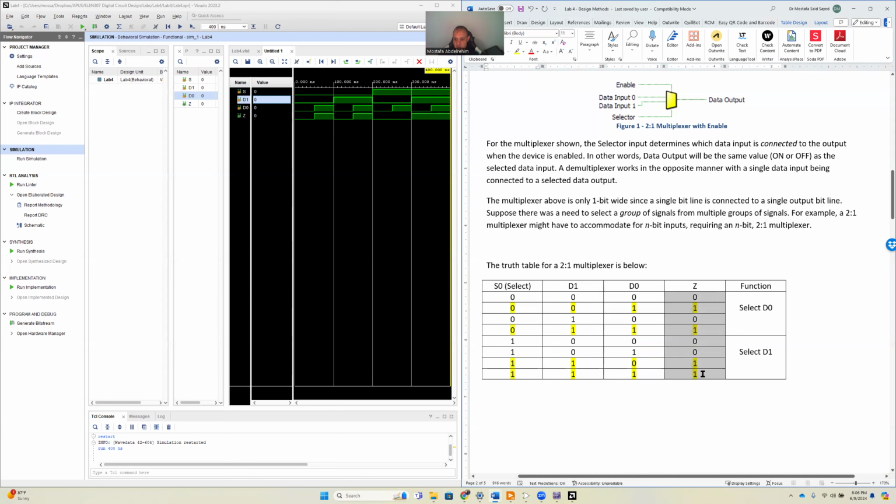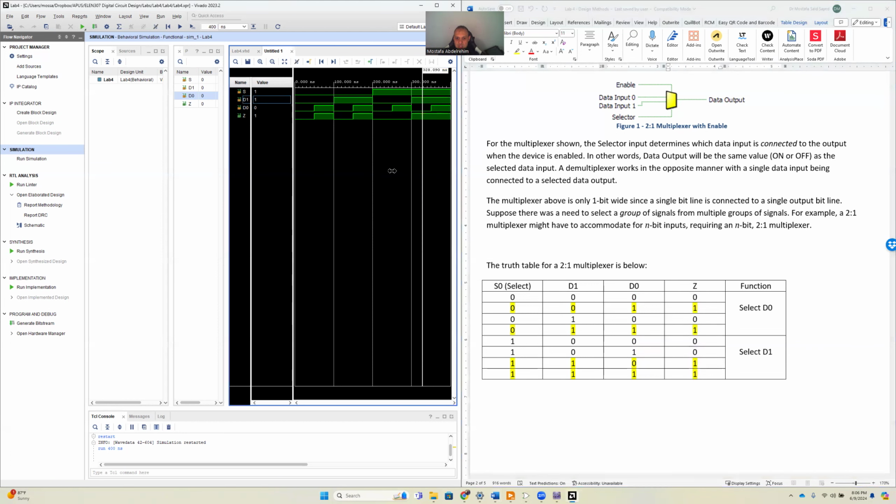And look at the Z here, the output. I already ran the simulation, so here is the output Z. If we go with the yellow bar, when everything is 0, D0 is 0, so Z is equal to 0. Still, S is 0, the selection is 0, so we should choose D0, or the output should copy D0. D0 now is 1, so the output is 1. Then the selection is still 0, but D0 came back to 0, so the output is 0. Still the selection is 0, so we still select D0, but D0 now goes to 1, so Z